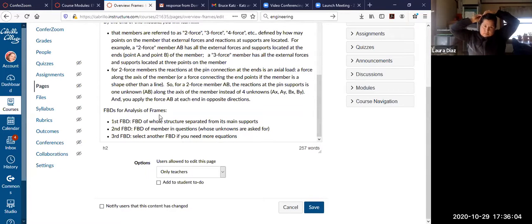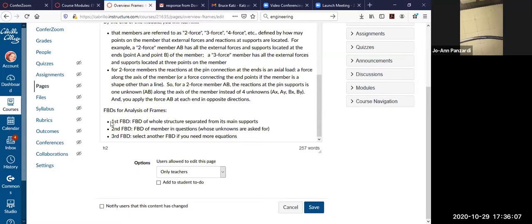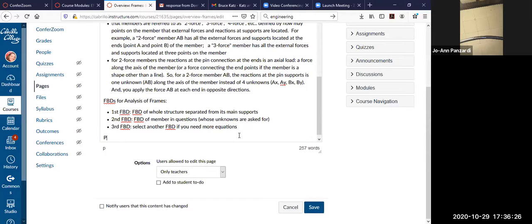So, free body diagrams for analysis of frames. The first free body diagram is the free body diagram of the whole structure separated from its main supports. The second free body diagram is the free body diagram of the member in question whose unknowns are asked for. And then the third free body diagram, select another if you need more equations. Is that okay? And now we write the process